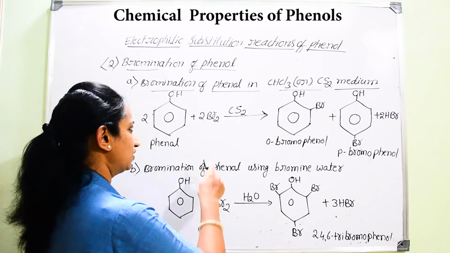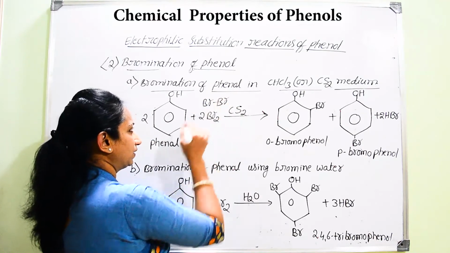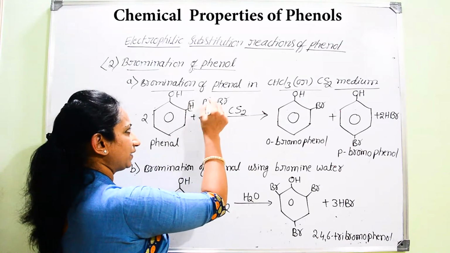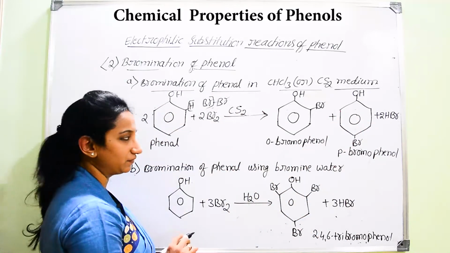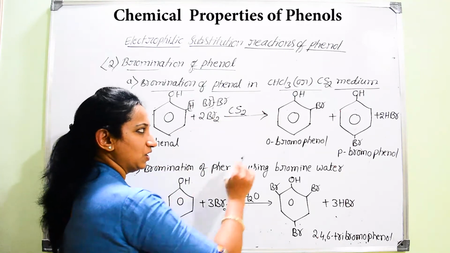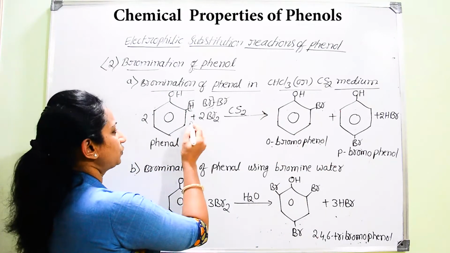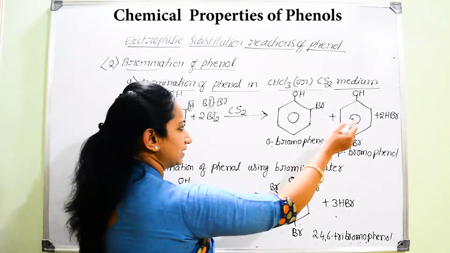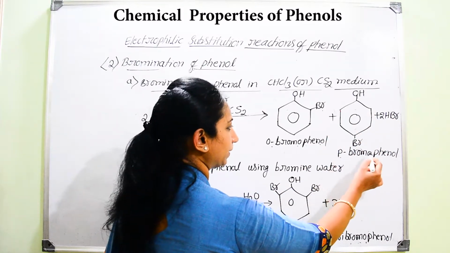As you can see here, the bromine molecule Br is linked to another Br. In case there is a hydrogen at the ortho position, the hydrogen can interact with one Br to give hydrogen bromide, so HBr will be removed. So that hydrogen atom of this aromatic ring is replaced by another Br, so that you get orthobromophenol. Similarly, the hydrogen atom at the para position interacts with another bromine molecule and results in hydrogen bromide as well as the main product para-bromophenol.